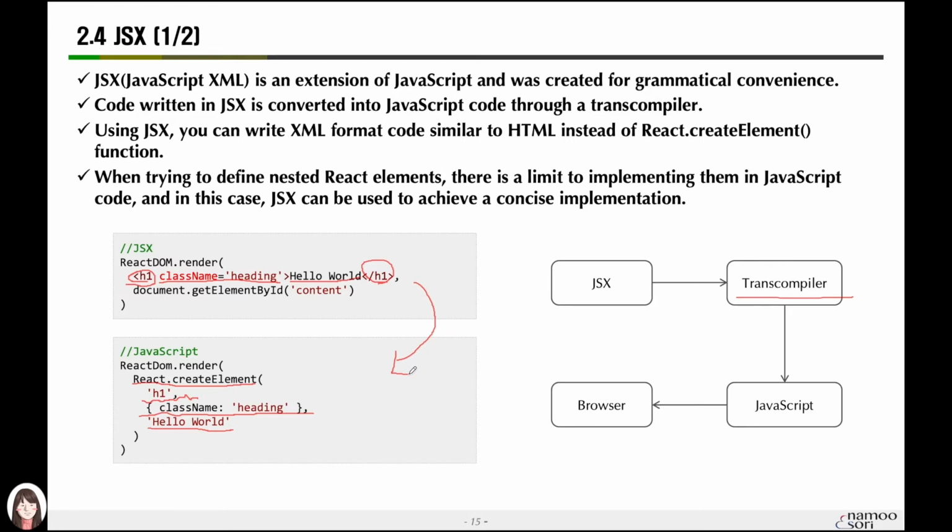Now, using JSX like this, we can organize elements more conveniently as if we were using HTML tags instead of create element functions in React. This part is important because JSX will be used a lot in the future. It is a grammar that you can get used to as you use it. Then let's take a closer look at JSX while looking at the contents of the next textbook.